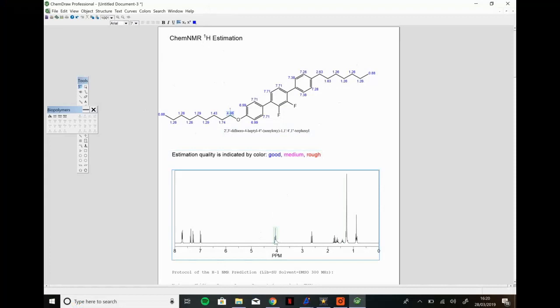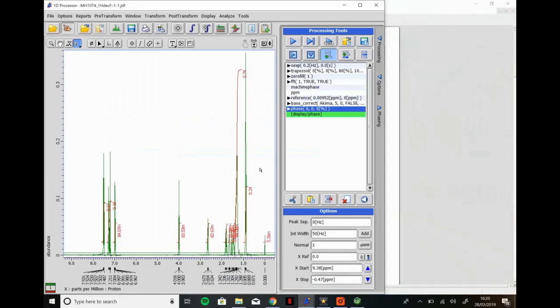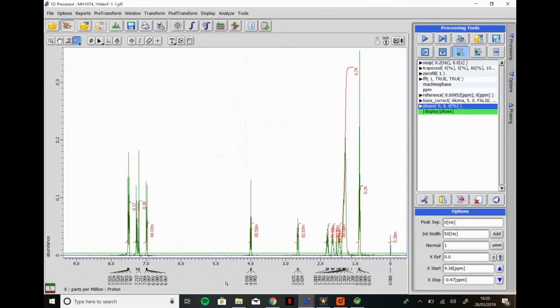On this next window, the compound's NMR spectra has been loaded from ChemDraw. We can predict that the triplet present around 4 ppm belongs to the hydrogen attached to the carbon next to the oxygen. This shows up as a triplet as it's next to a methylene group, and should correspond to 2